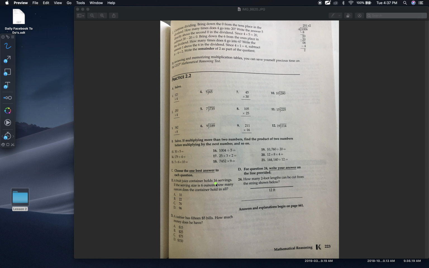Basically, there's 16 servings, and each serving is 6 ounces. Okay, so how many ounces does the container hold? So if there are 16 of these 6 ounces, you would have to multiply 6 by 16 to get the answer,